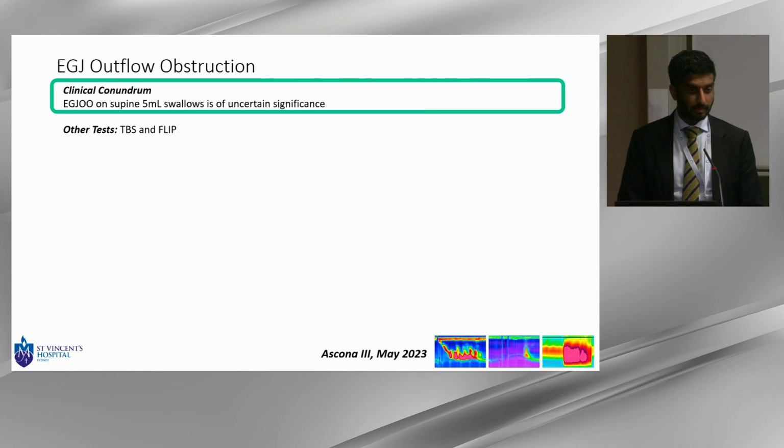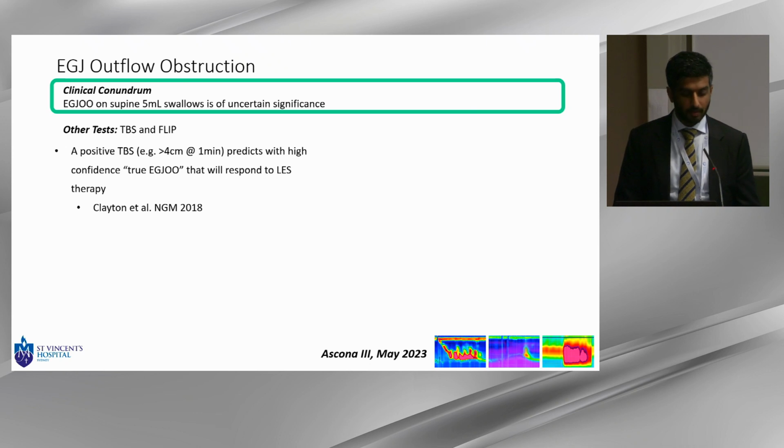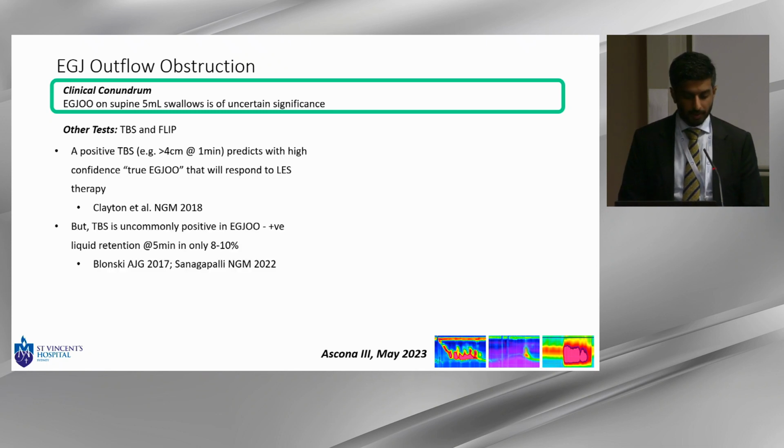And we heard also in Chicago about mandating that we do some other testing. And I wanted to briefly talk about timed barium here. So I think it's fair to say that if you have a positive timed barium in EGJ outflow obstruction, it's very highly predictive of true outflow obstruction, and you can be confident that they should respond to LES disrupting therapies. However, it's also at the same time true that